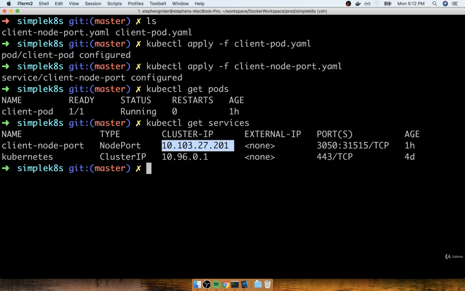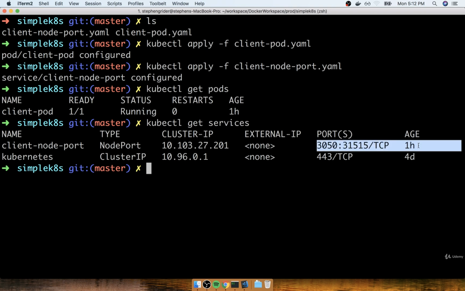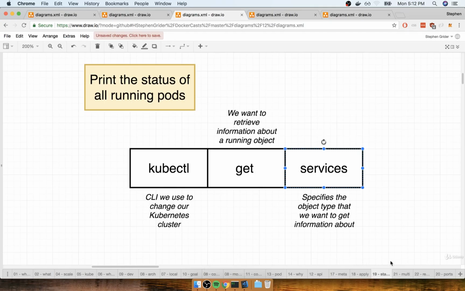It'll have a cluster IP, an external IP, and then a listing of ports and age over here as well. Now, I want you to look very closely at the port over here. You'll notice that there's both the port property and the node port property as well. And as a quick reminder, the first number on there,